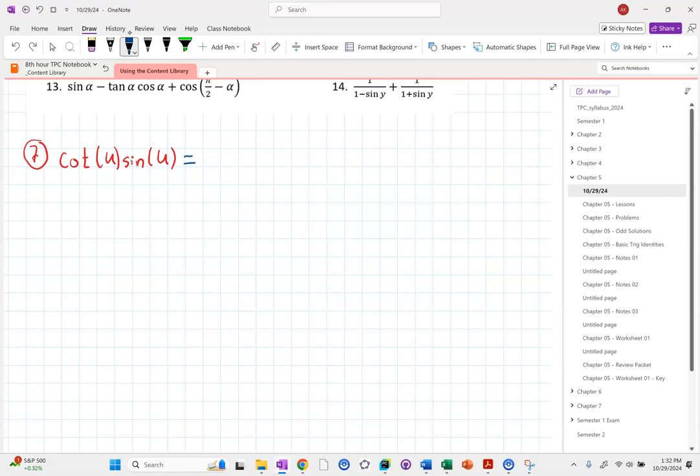What are the identities? That starts with cotangent on the left and has a sine after the equal sign on the right. Quotient? Yeah, Q2, right? So Q2 has two possibilities. It says cotangent could equal cosine over sine, or cotangent could be cosecant over secant. It'd be cosine over